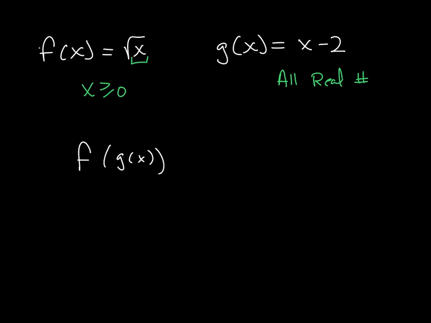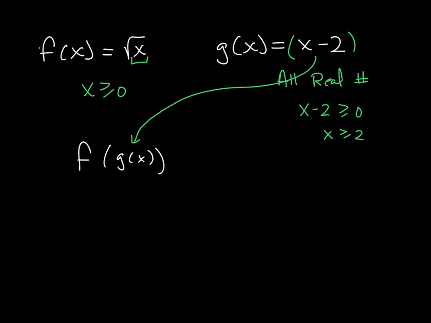Now, what does this mean? It means g of x is going into f of x. And in order for g of x to go into f of x, what does this mean here? It means whatever goes into f of x must be greater than or equal to 0. So set this up. You know that x minus 2 must be greater than or equal to 0. So x must be greater than or equal to 2. So how does this work? I take that g of x and